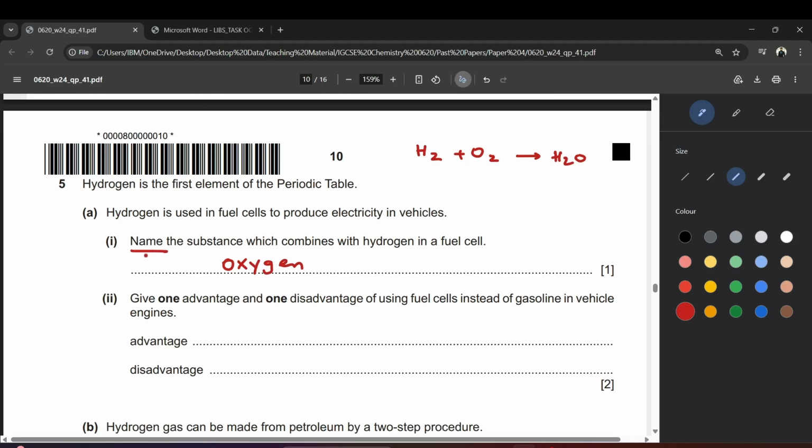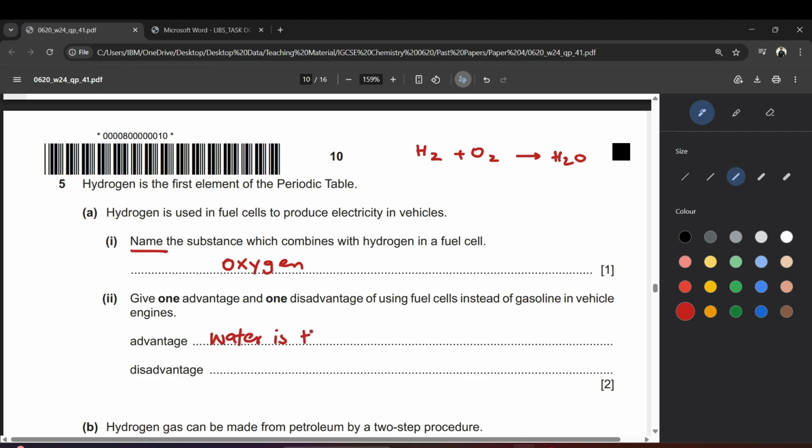Now it says name the substance, so do not write the formula. You must give the name. Give one advantage and one disadvantage of using fuel cells instead of gasoline in vehicle engines. Now, there could be multiple answers to this question. You could have multiple advantages, you could have multiple disadvantages. So, one of the advantages can be that water is the only product,